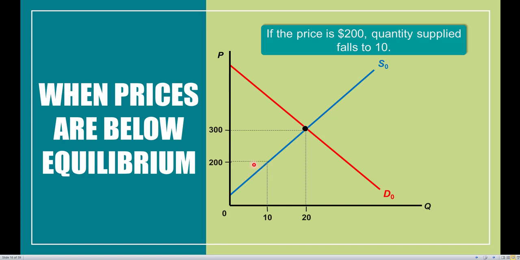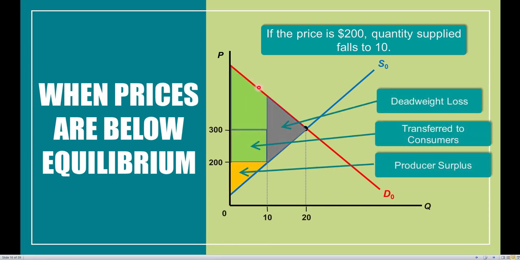And as we take a look, we see that suppliers only have a quantity supplied of 10 units. So once again, we're constrained by how many transactions are taking place within the economy. So the consumer surplus is going to be much larger compared to equilibrium. It's going to be the area above the price, so above $200, below the demand curve, and constrained by these 10 units. So here, this green ugly area, the rectangle and the triangle, our new consumer surplus is much larger.